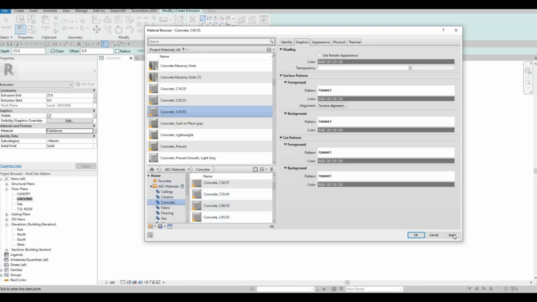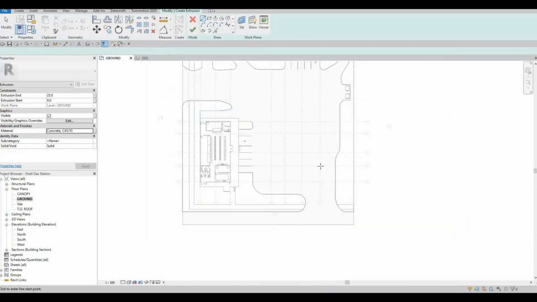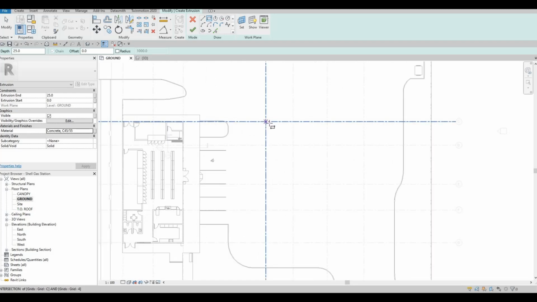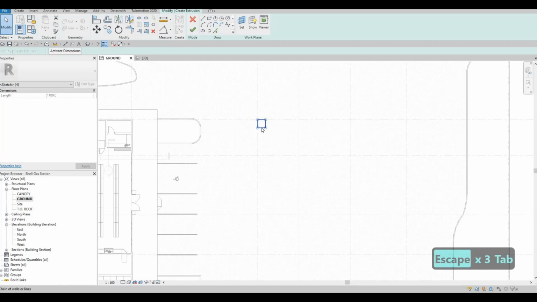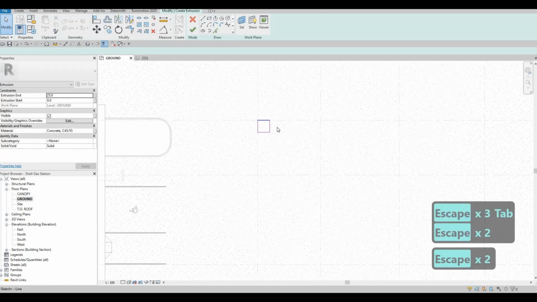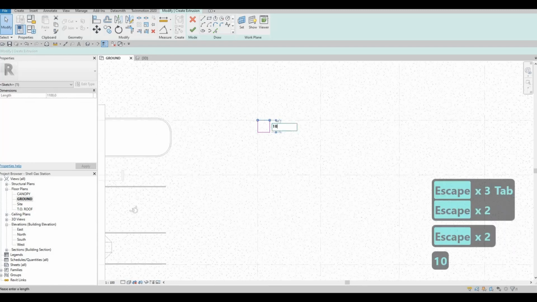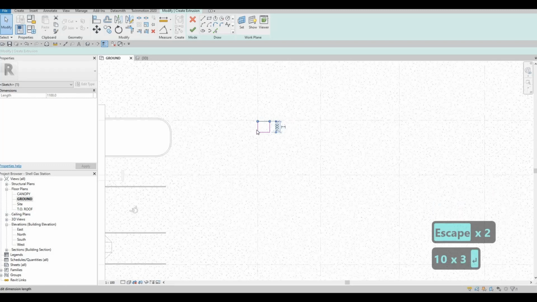So anything concrete, and then after that we're going to add in right here. So we're going to add a post right here. So this post, we want it to be around 1000 by 1000,